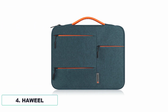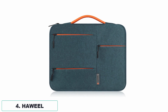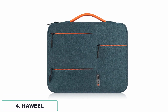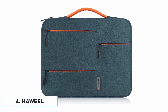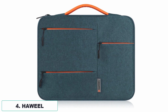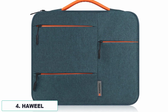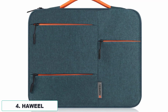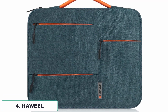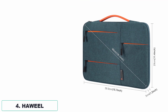Number 4. Heil. Crafted with high-quality materials, this sleeve offers exceptional water resistance and durability, ensuring your device remains safe from accidental spills or light rain showers. The sleek navy blue color adds a touch of elegance to the overall design, making it suitable for both professional and casual use. With its precise fit, it is compatible with popular laptop models such as MacBook Pro, MacBook Air,